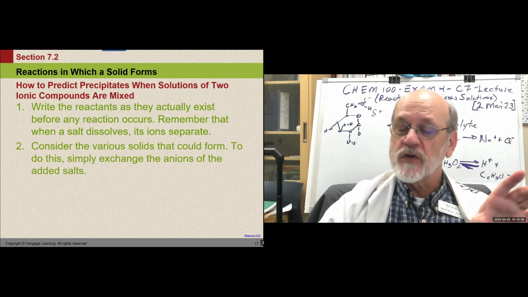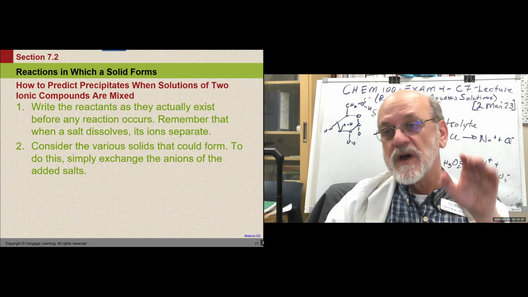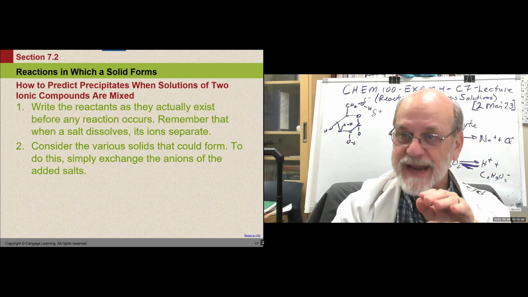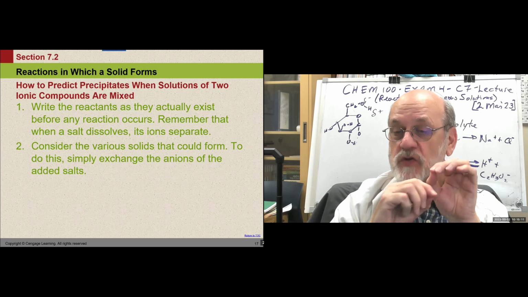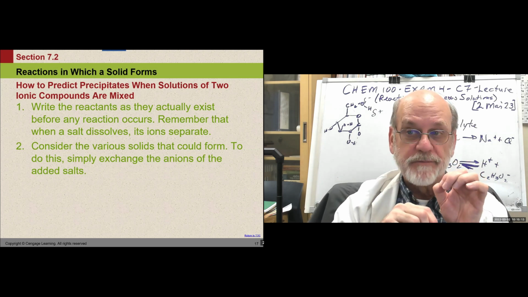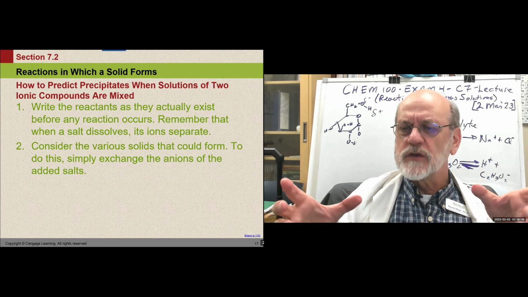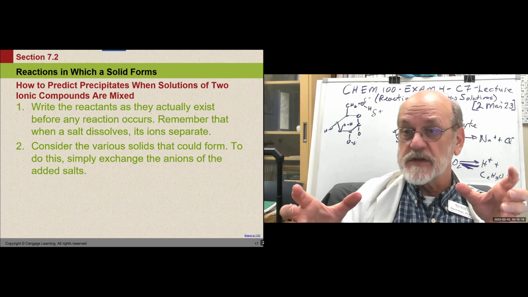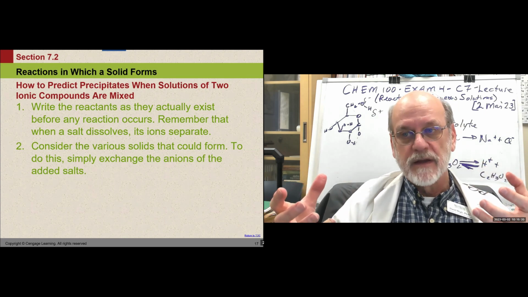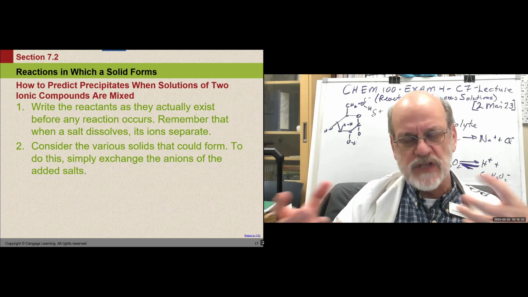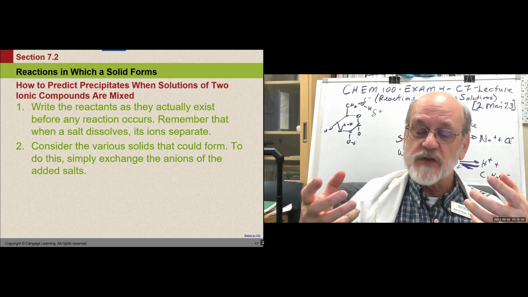And then you consider all possibilities of cations with anions. And then you look at your chart to see if they're soluble. Of course, if you have two solutions of ionic substances, you know they're soluble already. So you don't have to waste time on those associations. You want to look at the associations where